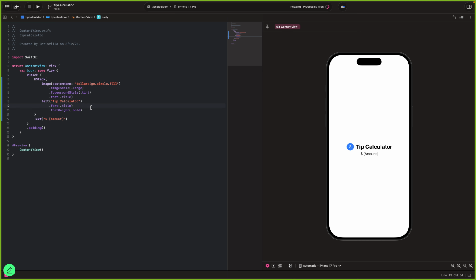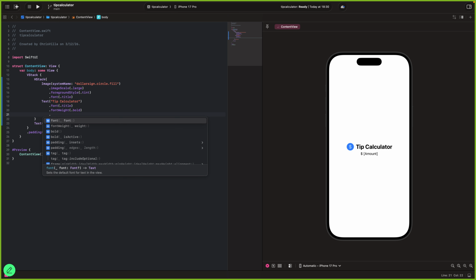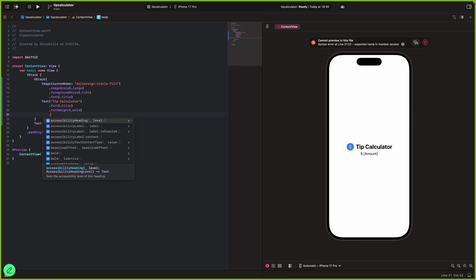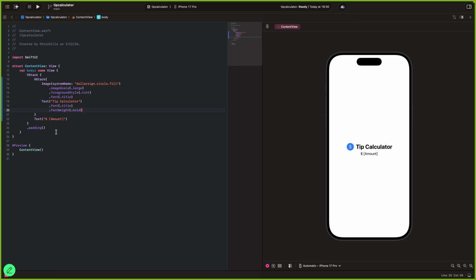Now the next thing I want to work on is making the amounts editable, so the user is actually going to be able to enter the amount they want to calculate. I do want to mention though, whenever you want to edit something, let's say you want to edit something in text, the program is gonna automatically indent for you, so you don't need to worry much about that.